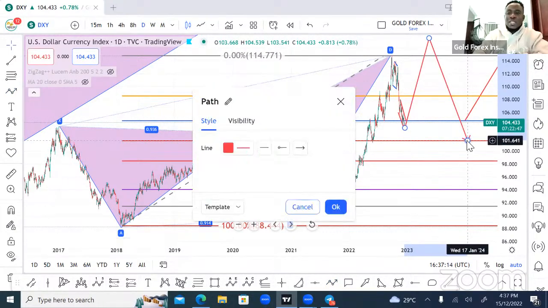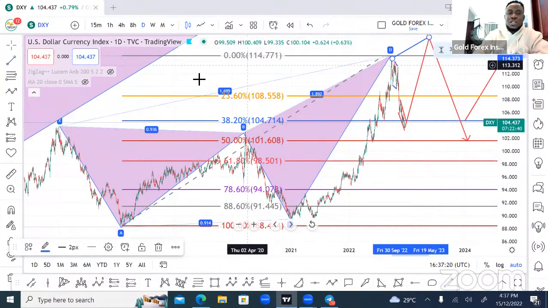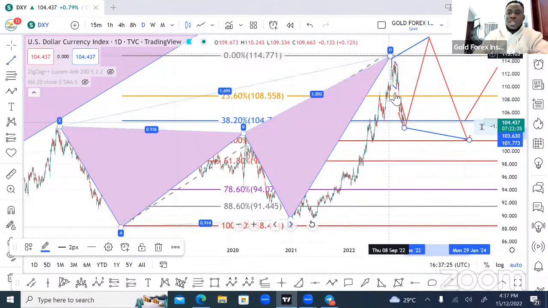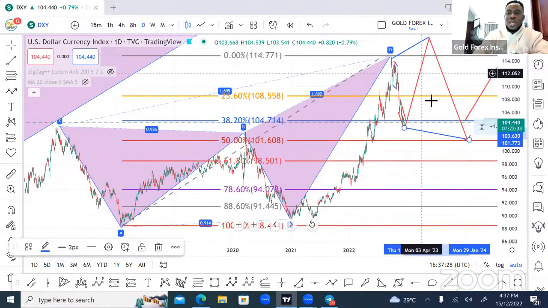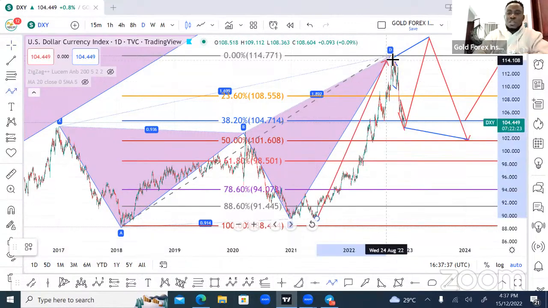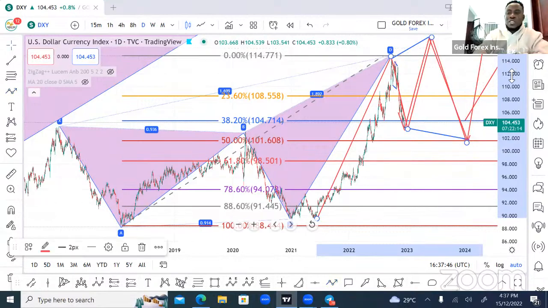Now, that means that if it forms this way, then this kind of correction is called an expanded flat correction. So sometimes you see me doing something like this. That means that this is an ABC flat correction, another ABC, then you have ABCDE expanded flat correction. So this then becomes the impulsive move. Then that expanded flat correction, then another impulsive move to the top, which would head towards our goal